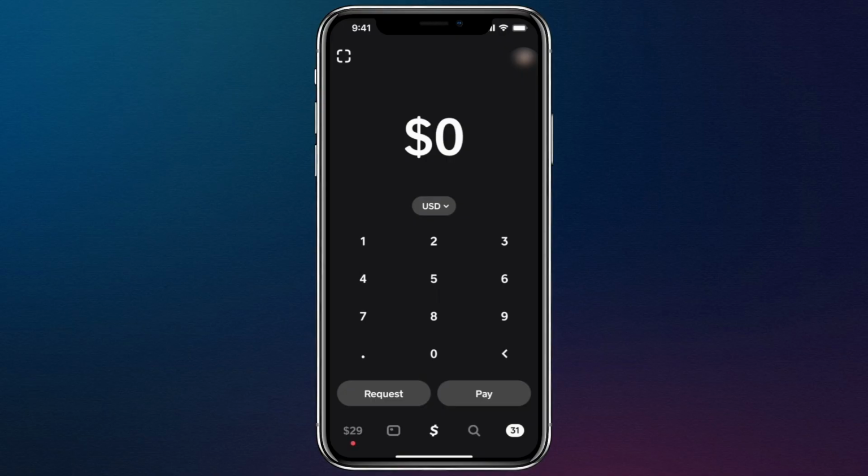Before you start, make sure you have some cash in your Cash App balance. If you need to add funds, tap the Add Cash button and follow the prompts to load money from your linked bank account. To send money to someone, open Cash App and tap the dollar icon to enter the amount